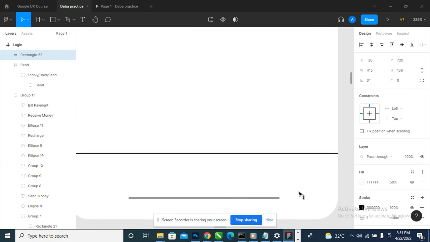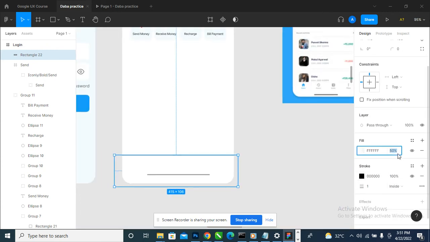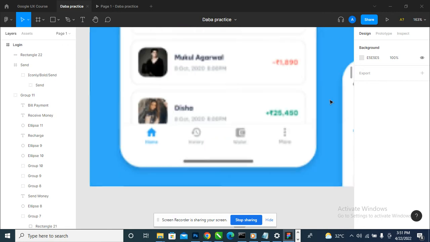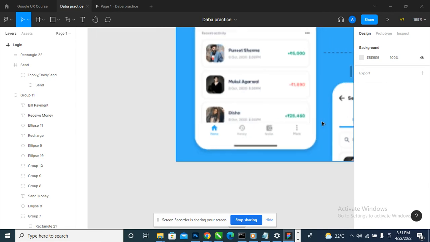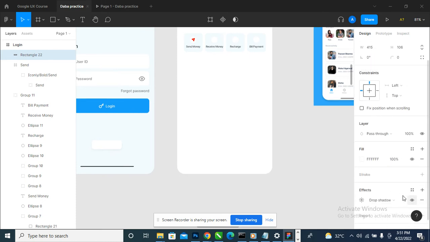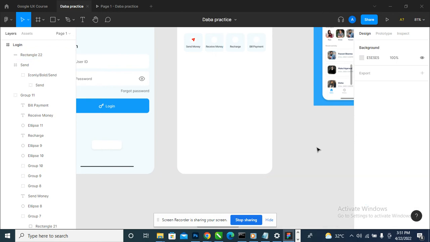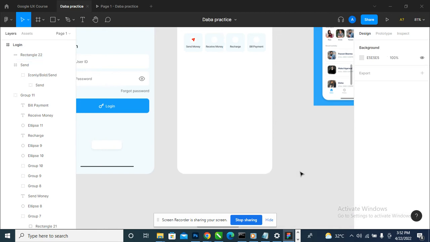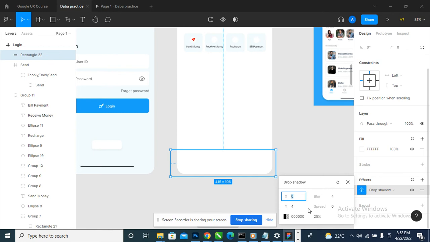So instead of giving a stroke, I want to give a shadow. I'll change this to like 50. I told you, when you are working with white, I think what they used here is even shadow itself. They used shadow. If you look at this shadow, if you are very good in mathematics, this x and y is talking about the axis. The reason why the shadow is not showing here is because the shadow is towards the y-axis, and the y-axis is around that down. So I change this to